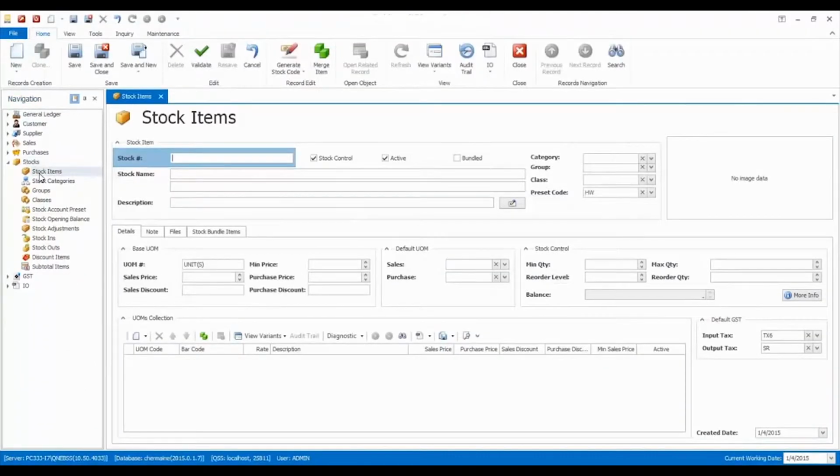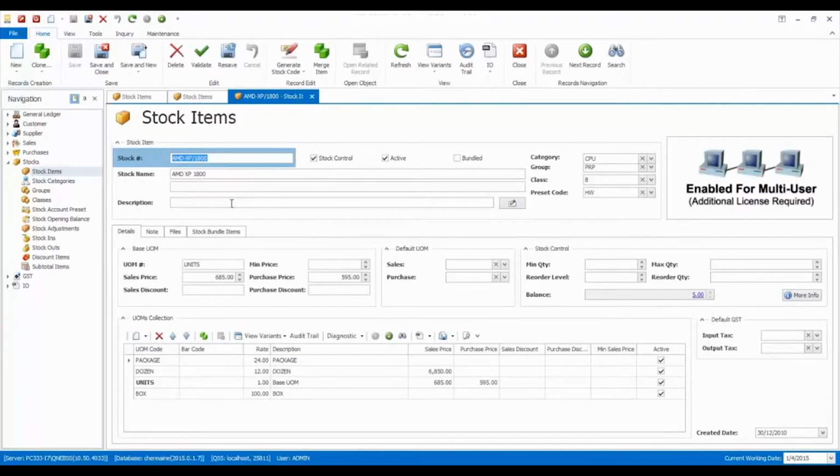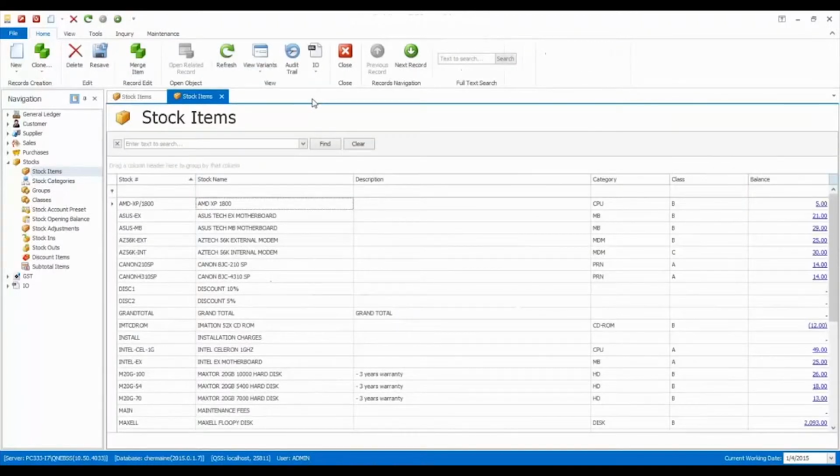Click on the search button to open up the list of existing stocks. Now take a look at this item. Do not be alarmed to see the GST fields not filled in. Accounting software will automatically apply these GST settings on the 1st of April 2015. Hence, users will not need to manually fill in these fields unless they would like to change the default tax